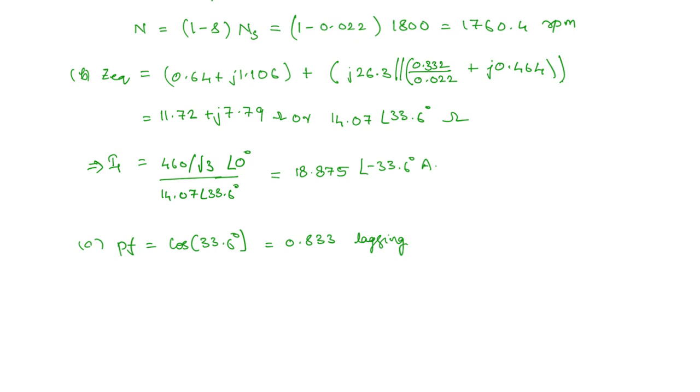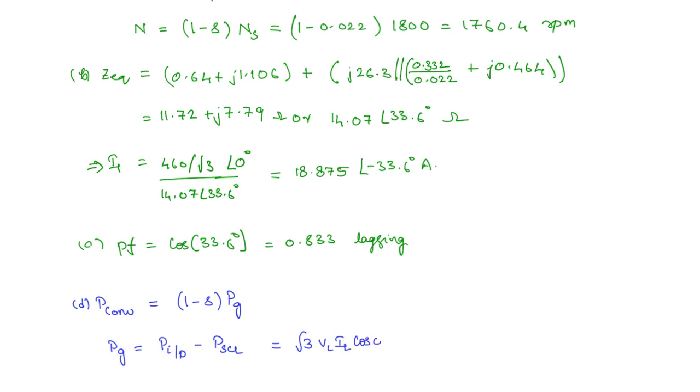Now that we know S, we need to find out Pg. What is Pg? The air gap power. This is equal to the input power minus the stator copper losses. So the input power, how can we find it? We know the input voltage, input current and power factor. So we can find the input power as root 3